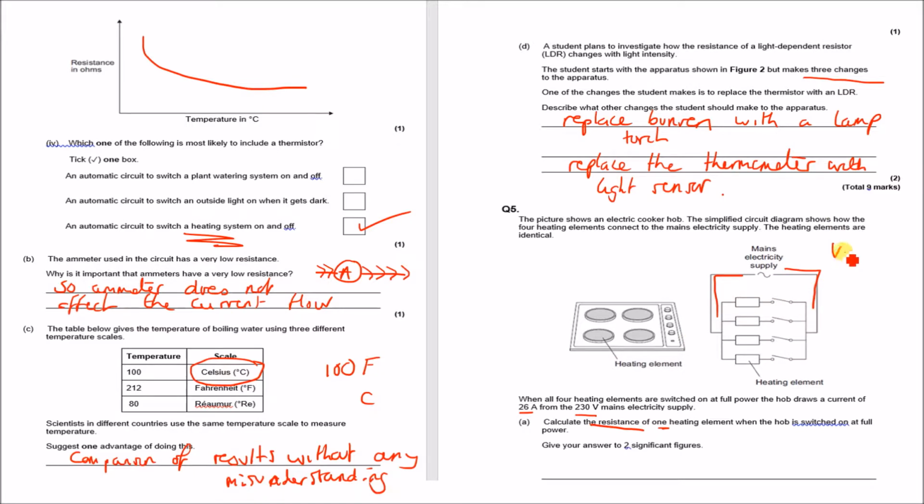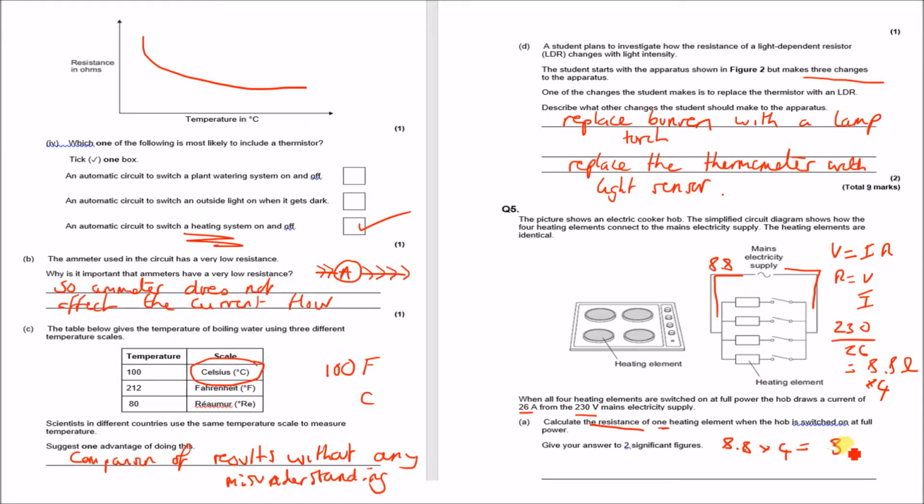So we know that if V is equal to IR, then R is equal to V over I. So therefore 230 divided by 26 will give us 8.8 ohms. But that is the total resistance. So because this is a total resistance of 8.8, the resistance through each of these is going to be less. It's going to be 4 times less the resistance. Okay, so all we need to do is multiply this number by 4. So 8.8 times 4